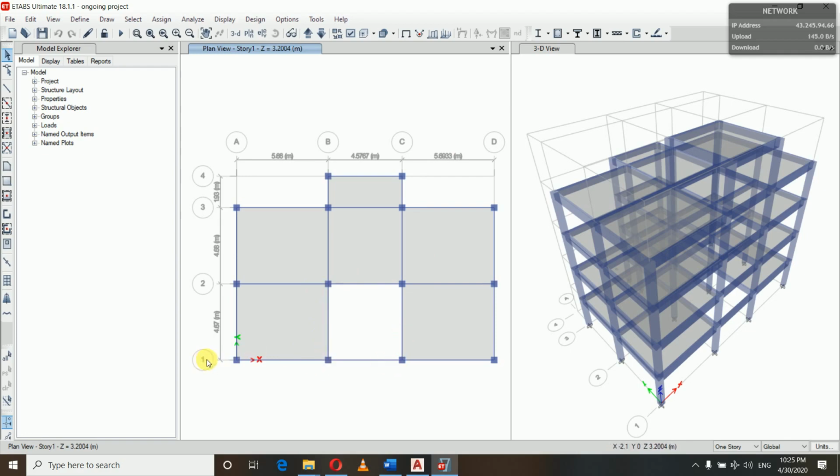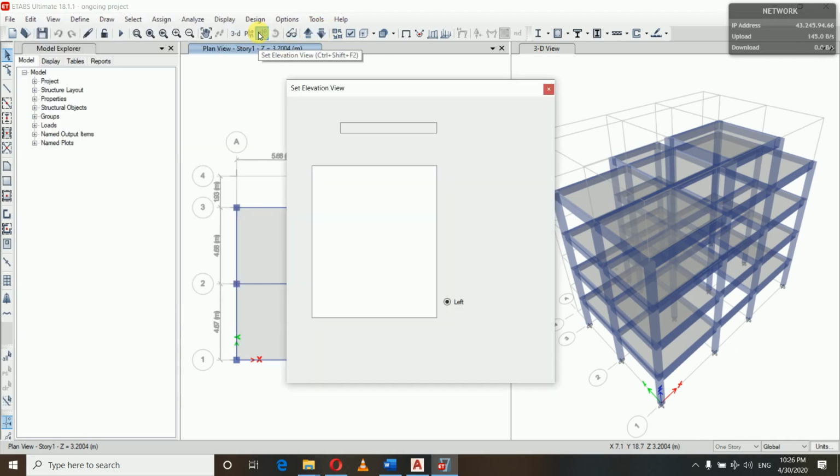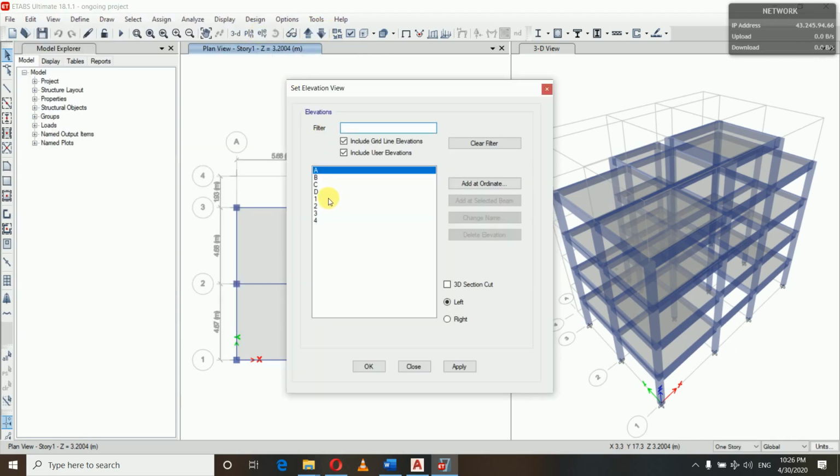So this is in 1 and B, C. This is in the elevation portion. In the elevation portion, if you see, this is the line 1 and here is B and C. So if you go to the elevation portion, in 1 or B or C,